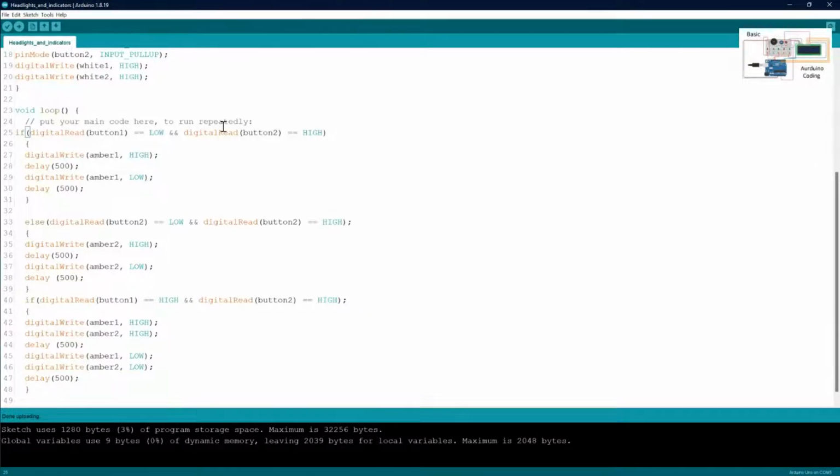It's because of that. So, oh, right, okay. So if digital read, right, so if button 1 is low and the button 2 is high, we're going to do that. Else, we're going to digital read button 2. If that's low,